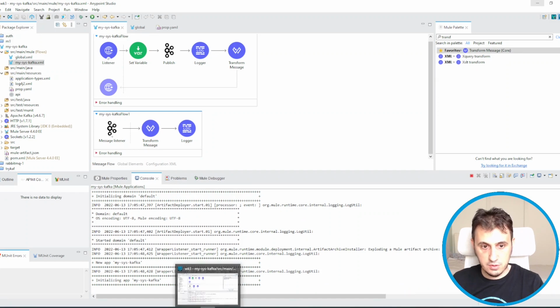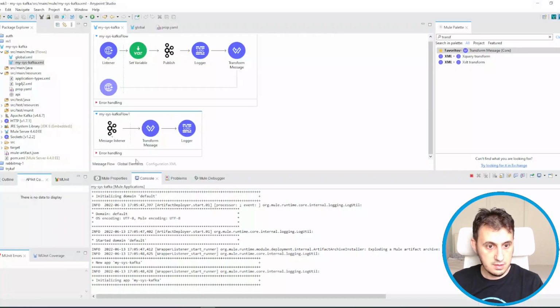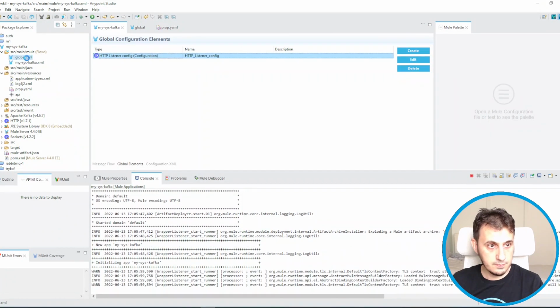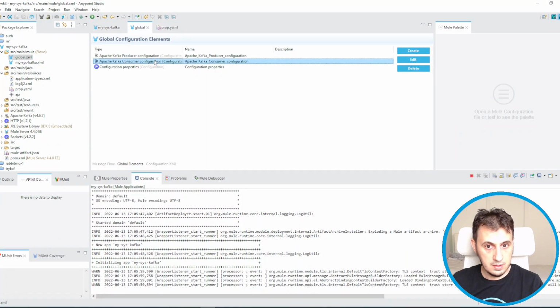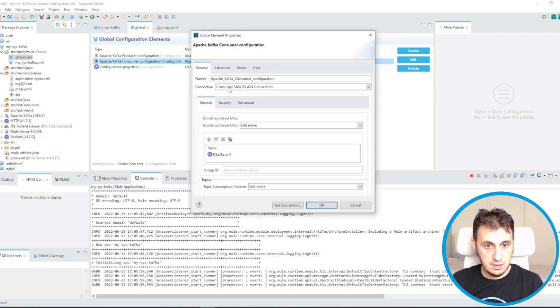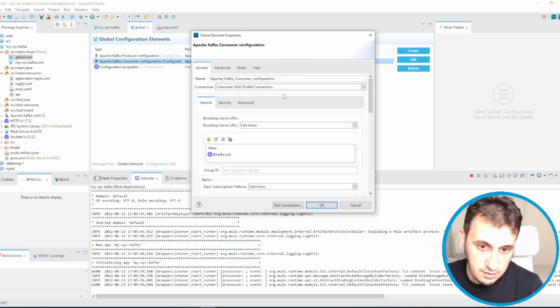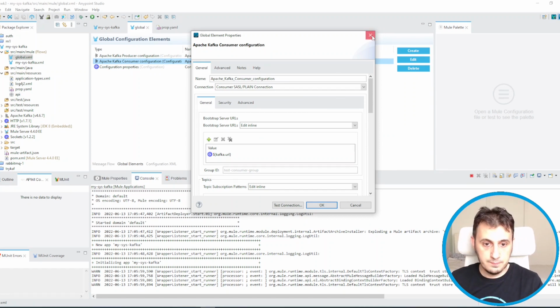And we also see some different configuration stuff about this part, the connection part, that may be a little bit tricky.